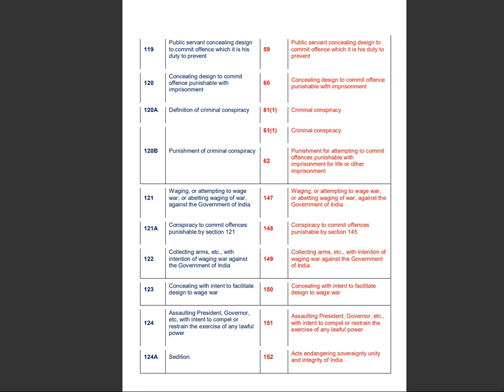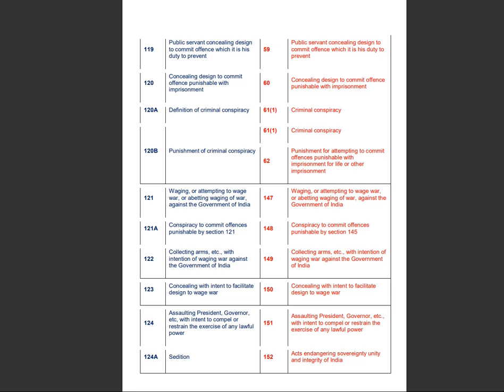Section 120 of the Indian Penal Code deals with concealing design to commit offence punishable with imprisonment, whereas Section 60 of the BNS deals with concealing design to commit offence punishable with imprisonment. Section 120A gives the definition of criminal conspiracy under the Indian Penal Code, whereas Section 61 Clause 1 of the BNS deals with criminal conspiracy. Section 120B of the Indian Penal Code deals with punishment